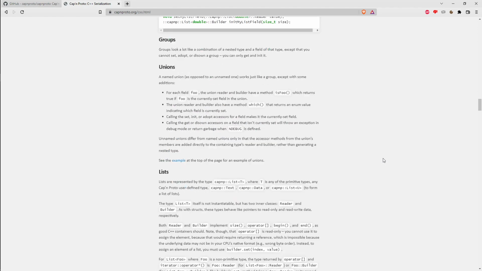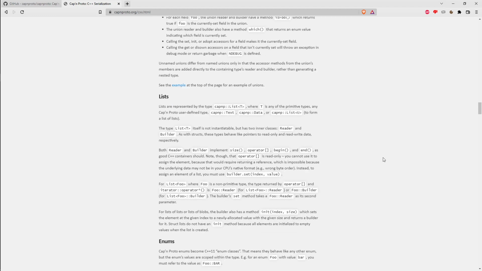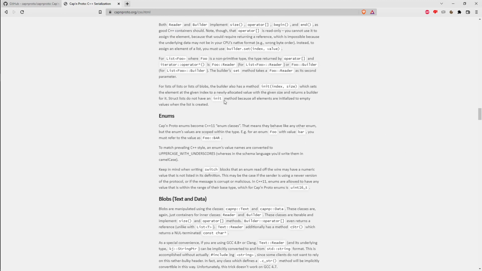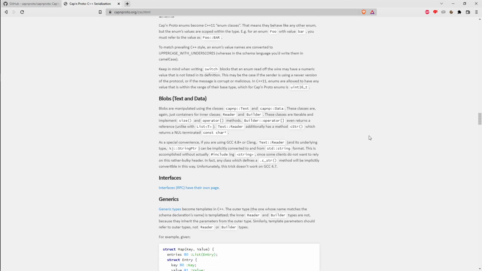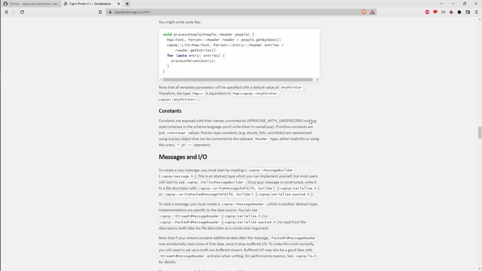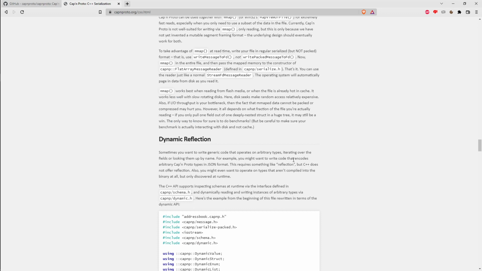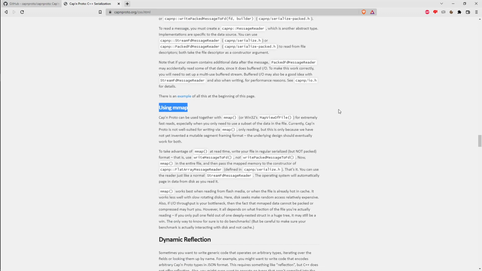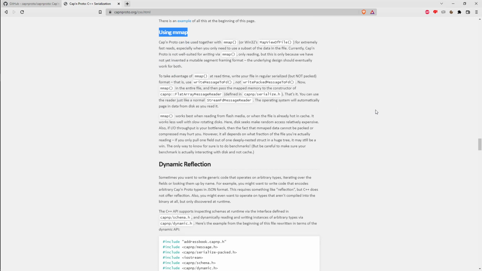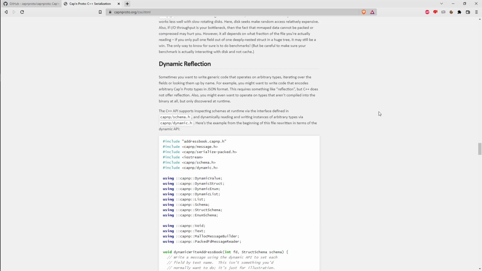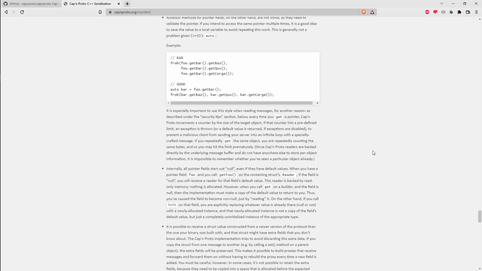We will see what kind of types are supported in the IDL. Some discussion of how lists and enums and blobs of arbitrary size text and data are handled. Interfaces, a little bit of messaging and I/O. You could use a memory mapped file as a way to communicate between different processes on the same system, or that can see the same file system. A little bit on dynamic reflection, some discussion down here of tips and best practices,